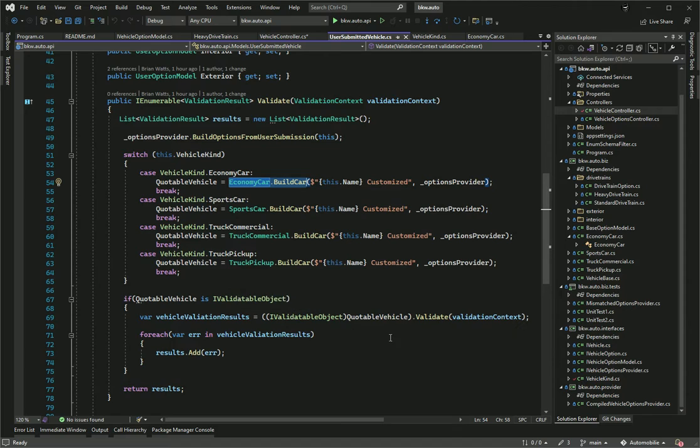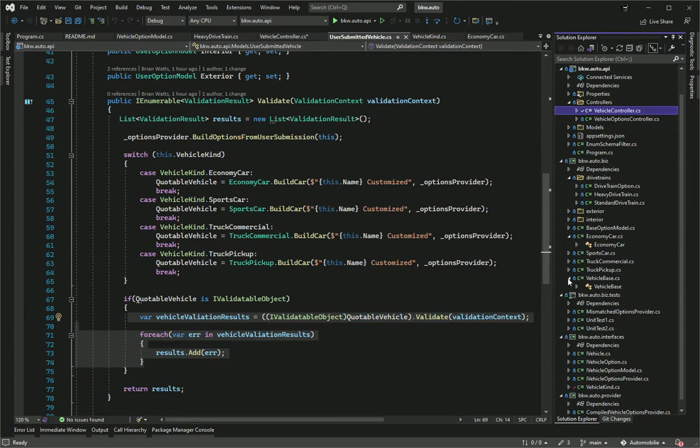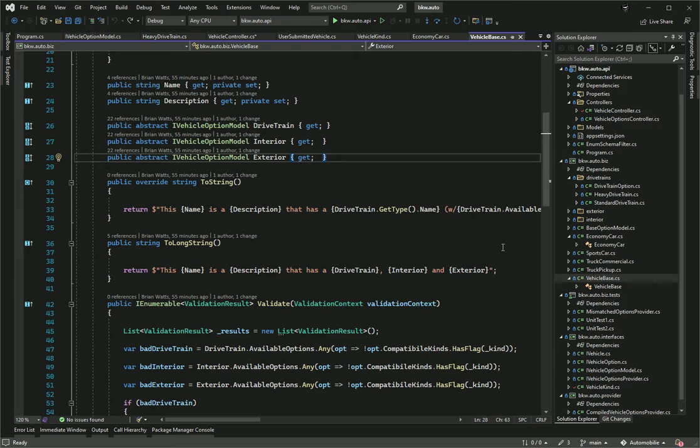And then once I have this car inside my quotable vehicle property, I can go ahead and validate it, because all of my vehicle objects support IValidatable, and then we get the results back and we can return them. And so that validation is happening down here in vehicle base. So economy car, sports car, truck commercial, and truck pickup, they all inherit from vehicle base, and so they'll get the same